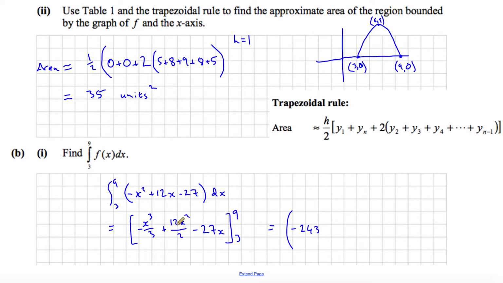Again, doing this in the calculator, when I put 9 in here for this second term, I get plus 486. When I put 9 in for this x, I get minus 243. So that's the function when I substitute 9 in, and from that I'm going to subtract